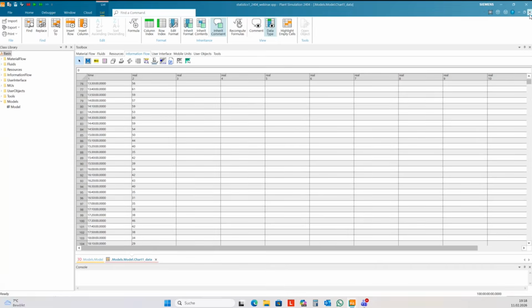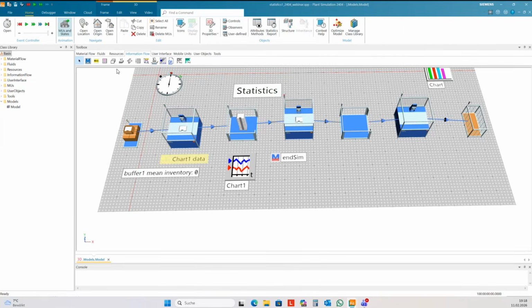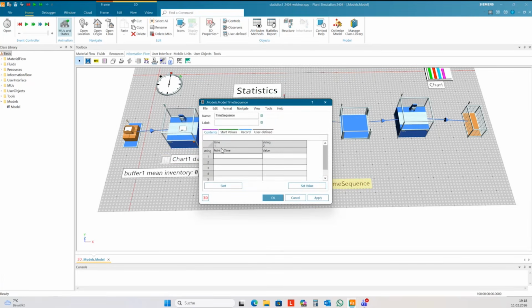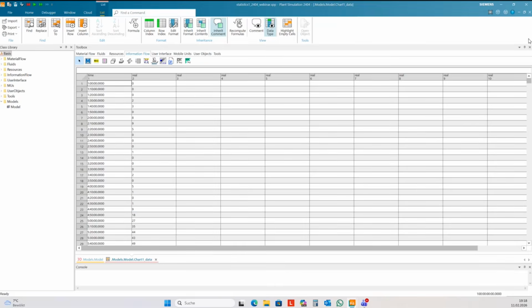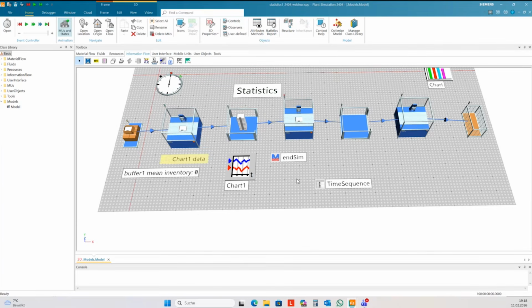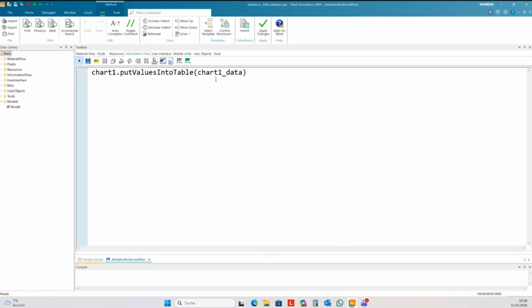And this is quite the same as the time sequence would be: time, and then here the value in the second column. And now you can export this data here from this table, or you can calculate the buffer mean inventory from here in the EndSim method.